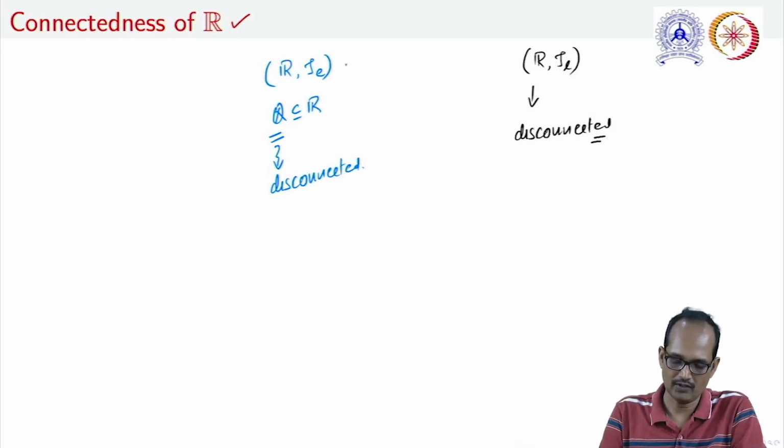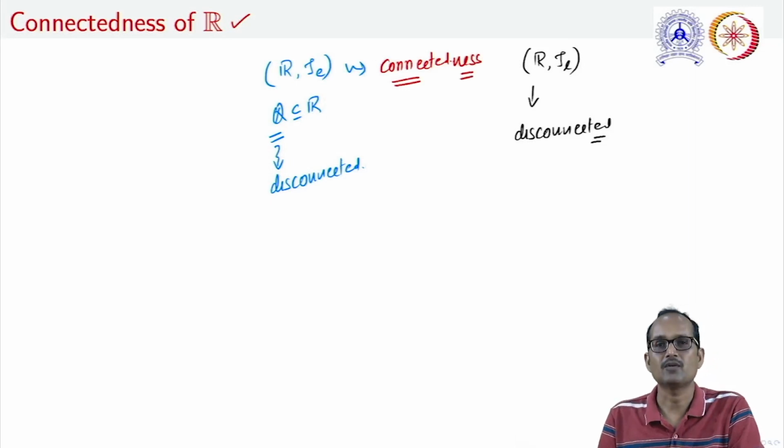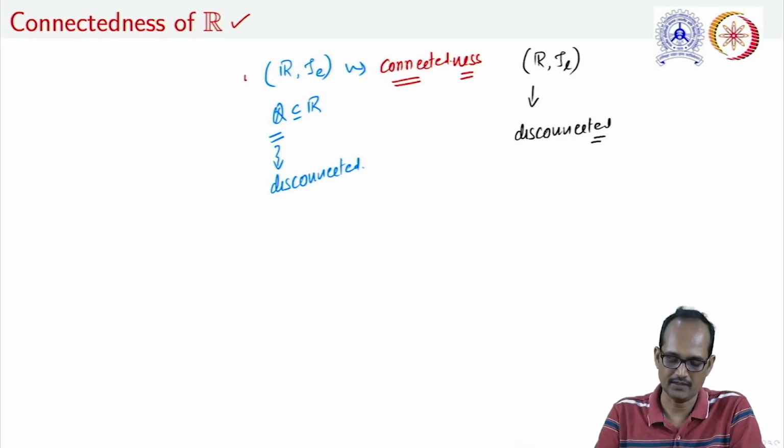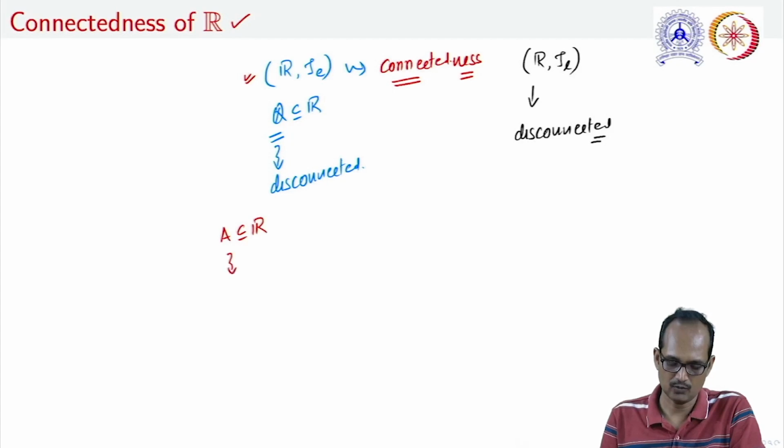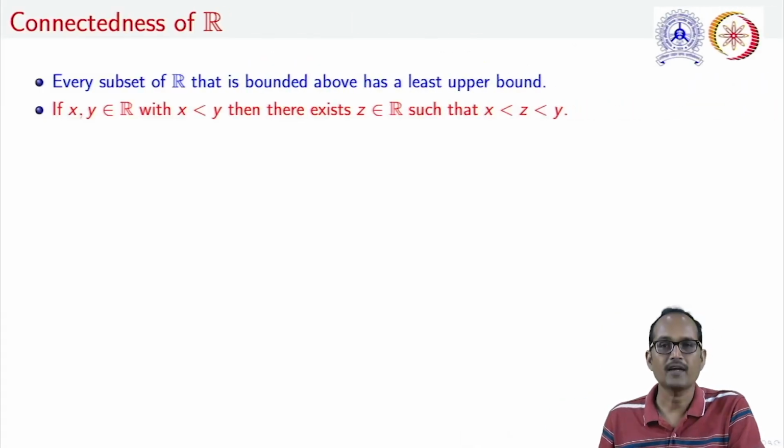Till now, we have not discussed the connectedness of R with Euclidean topology. So, first our motive will be to discuss the connectedness of this topological space, and after that we will see what are the subsets of R which will also be connected. At least we have seen that the set of rational numbers is not connected, but we will focus on the connected subsets of R. Moving ahead, we will show that the set of real numbers along with Euclidean topology